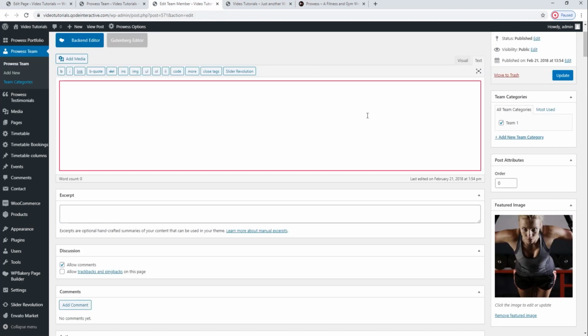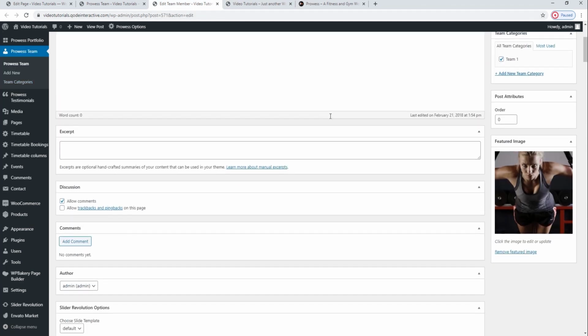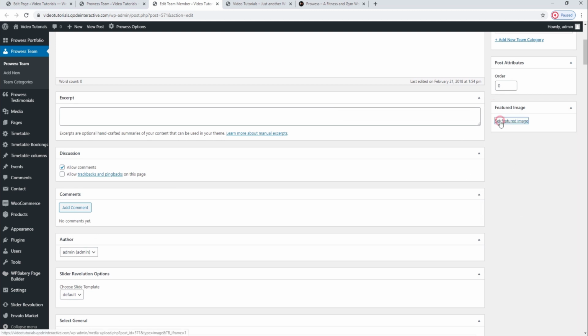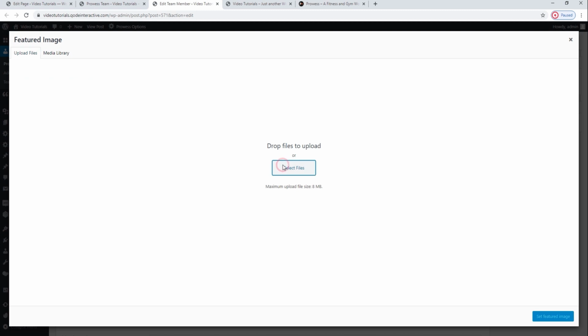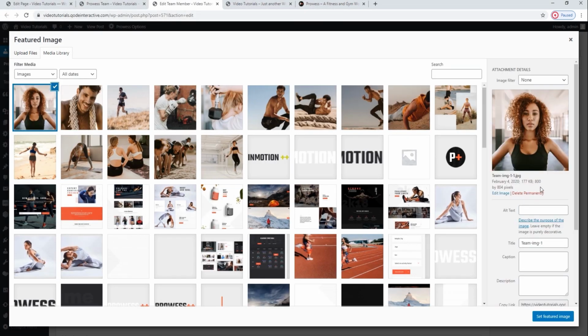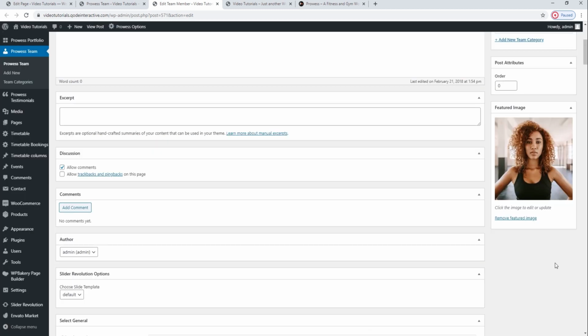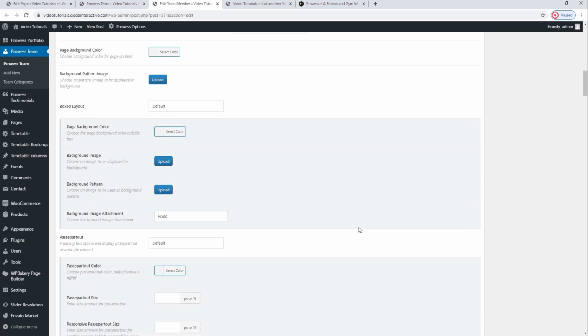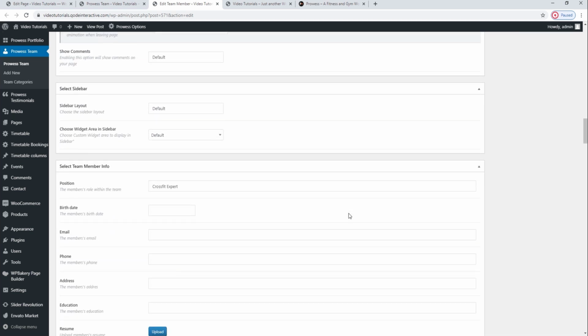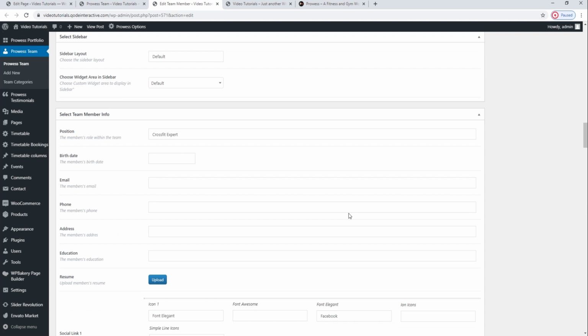Here you can add a description if you wish. You can remove this featured image that's displayed on the list. We'll upload a new one from our media library. This image should have at least 800 pixels in width, despite being smaller on the home page. We'll scroll to the next thing we need to change. All these other options we are scrolling through are drawn from the general settings, so we'll skip them.